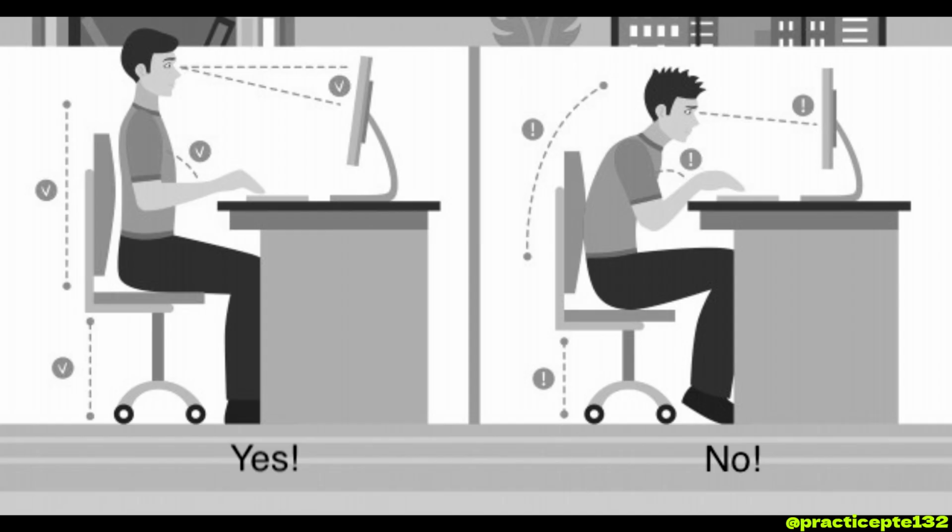This picture gives information about correct and incorrect postures. It is a very interesting picture, because it shows a number of things. According to the picture, at the left area, there is a man sitting on the chair. He sits very straight and his eyes are looking at the computer screen, and his hands placed naturally on the